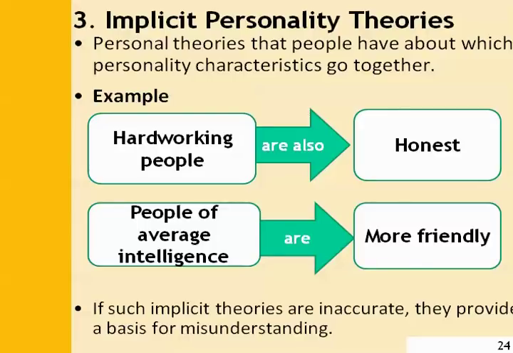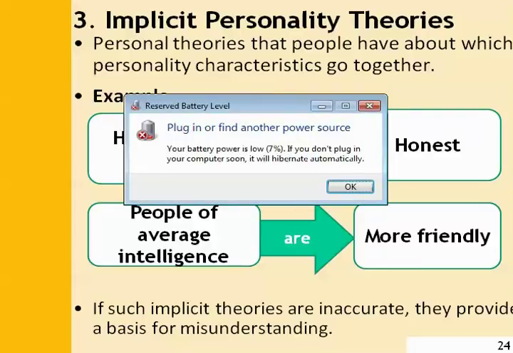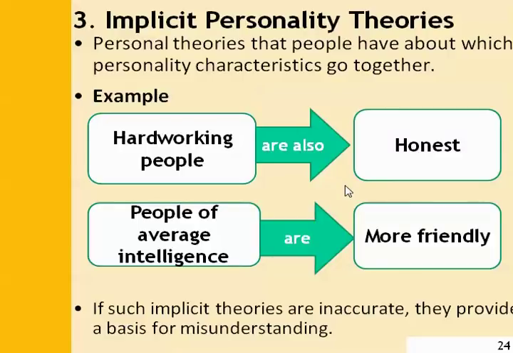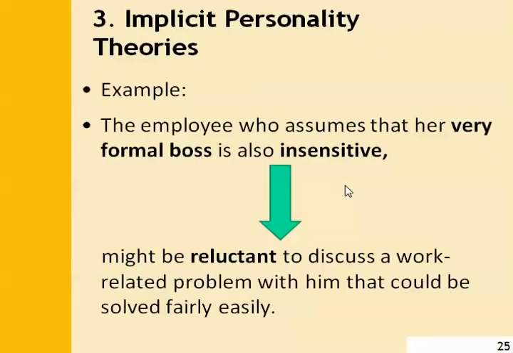يعني لو كانت ال idea بتاعتنا دي about which characteristics go together، لو كانت الidea دي inaccurate هتؤدي إلى big misunderstandings and just going to lead to many problems. For example,